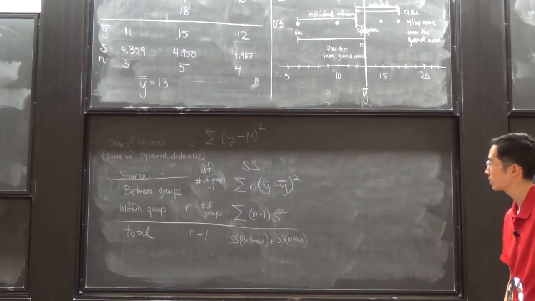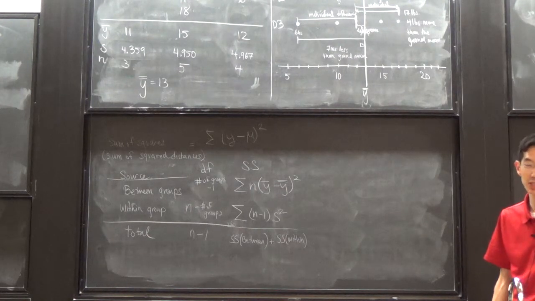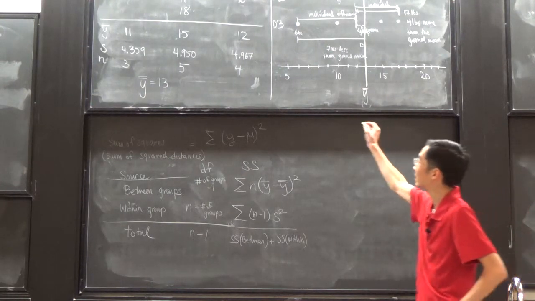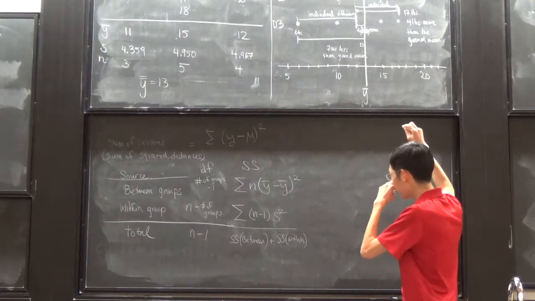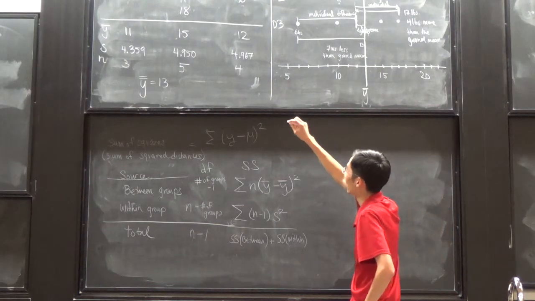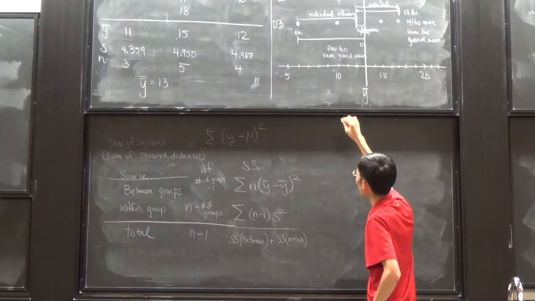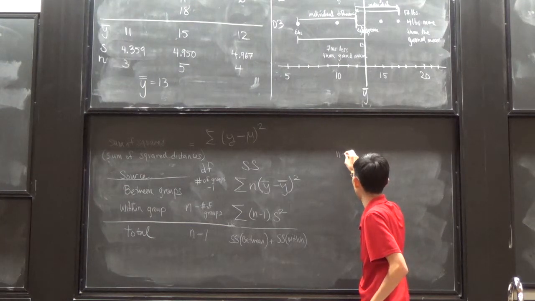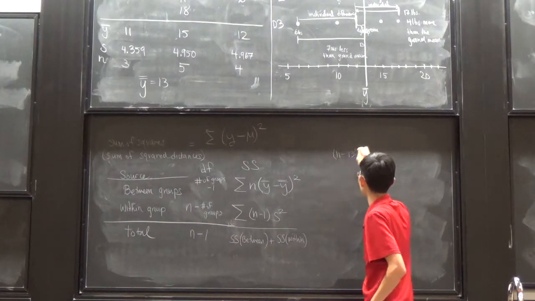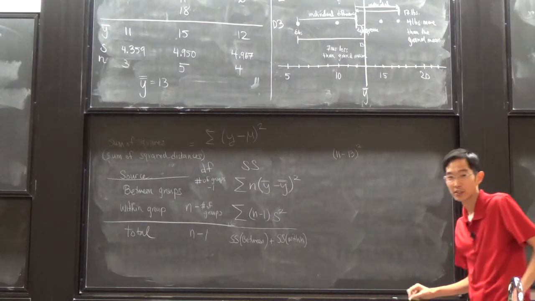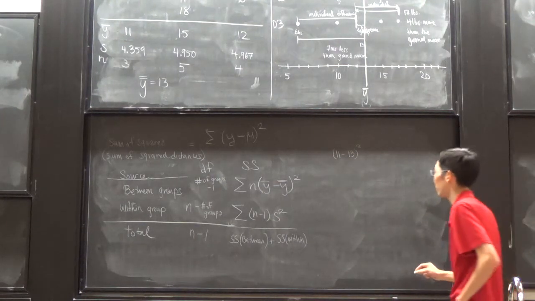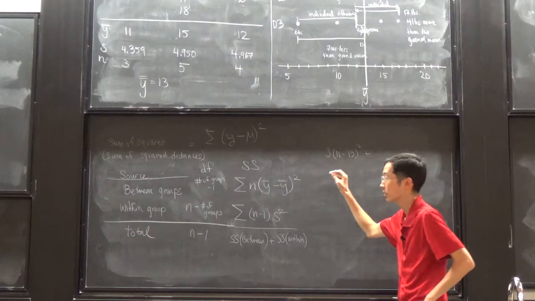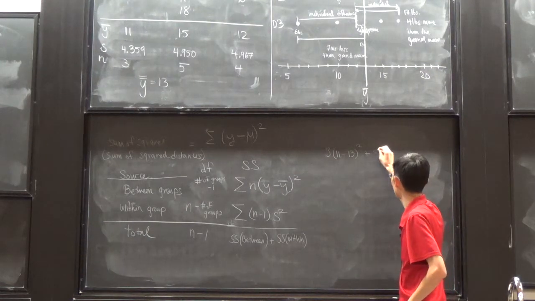Alright, so shall we find sum of squares? Okay, so sum of squares between the groups. I'm going to take each group difference. So that first group has a mean of 11, and the grand mean is 13. So every point there, its group mean is 2 different from the grand mean, and there were 3 points. So I'm going to multiply that by 3. And I'm going to do the same for all of the other groups.